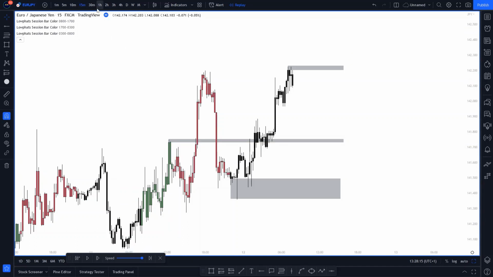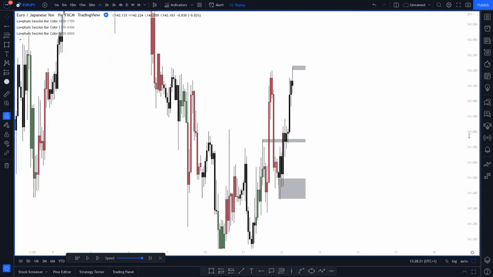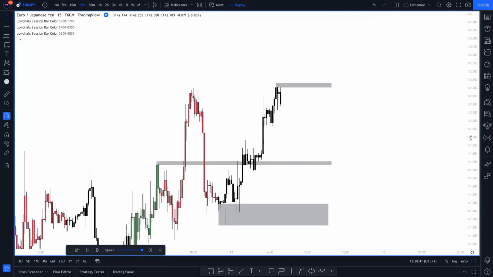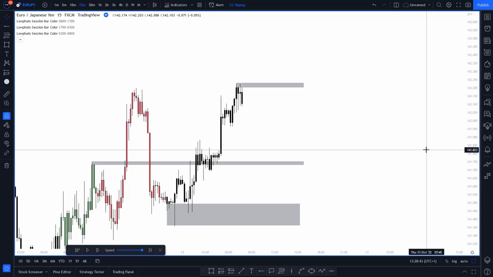If I go on the hourly, now the timeframes you want to be using for this are the 15-minute, the 30-minute, and the hourly. The hourly is best for connecting them up. So now we actually have the zones that we're looking for rejections off. What comes next